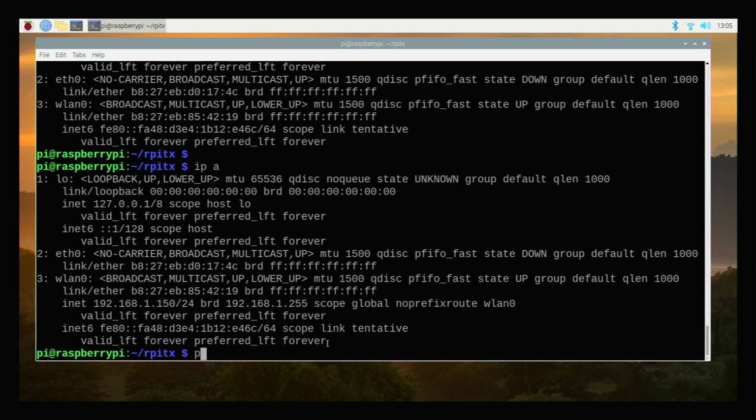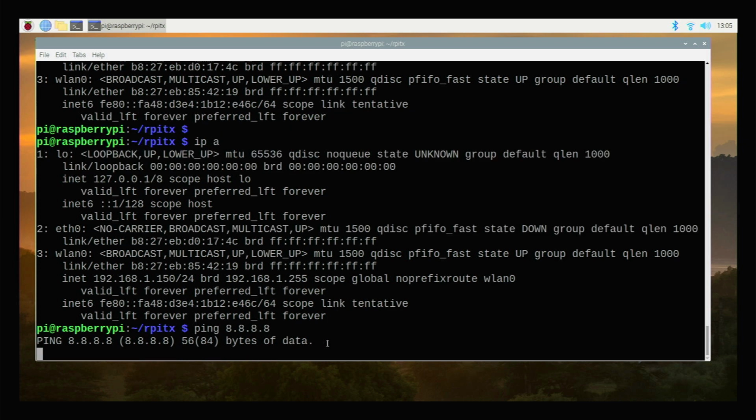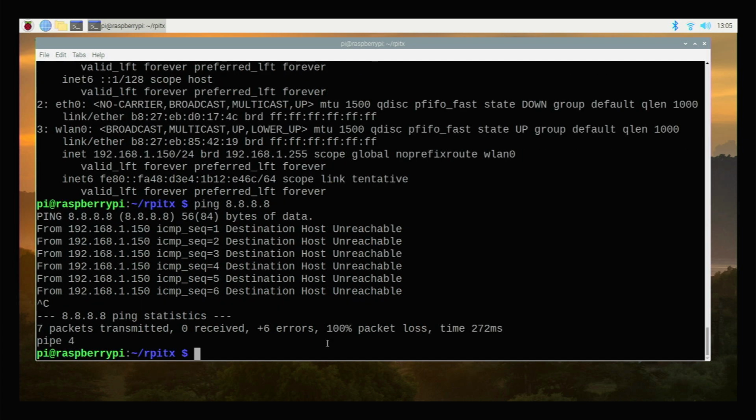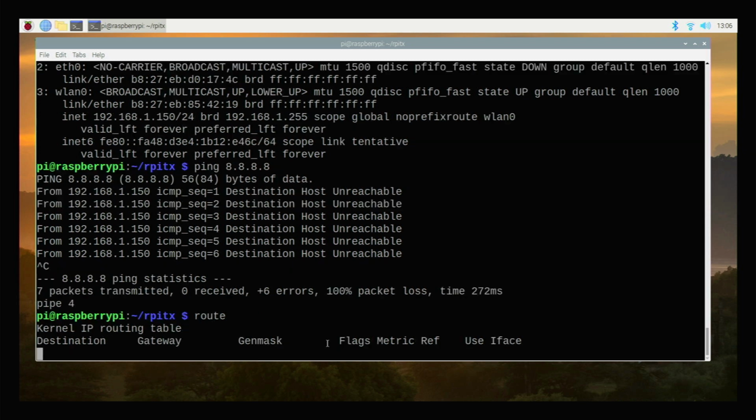Let's see if we can ping Google servers to see if the network is working. Not yet, so something probably went wrong with my router, so I need to check if the router is .1 or something else.